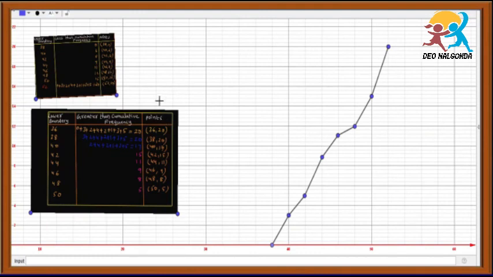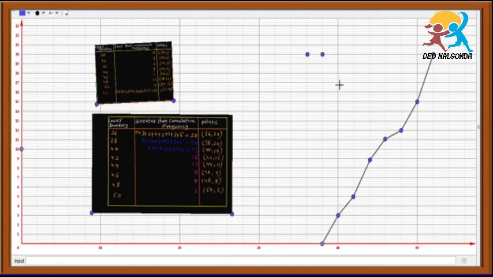Let us denote the points of greater than cumulative frequency, that is 36 comma 20. So 32, 34, 36, this is 36 and 20. Here we get 20. So denote the point there. And 38 comma 20, this is 38 and 20 here itself. And 40 comma 17, this is 40 and 17. And denote one more point, that is 42 comma 15, this is 42 and 15. And 44 comma 11, this is 44 and 11.